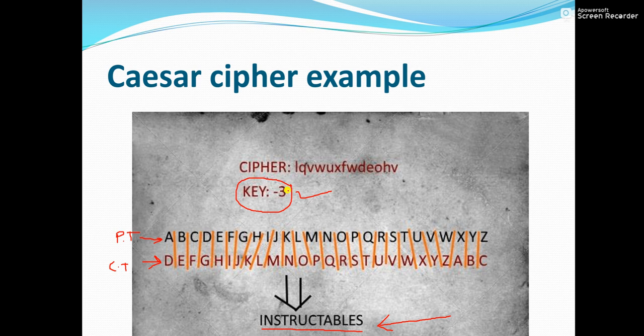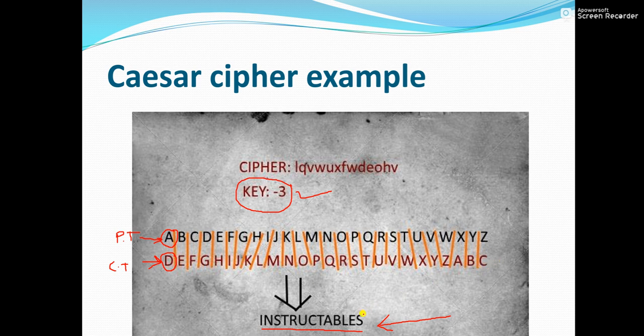For an alphabet in the plain text, you have to shift 3 letters down the alphabetical order in the cipher text. If the alphabet in the plain text is A, then if you apply a shift of 3, so B, C, D, the corresponding alphabet in the cipher text will be D. For B, it will be E. For C, it will be F, and so on.